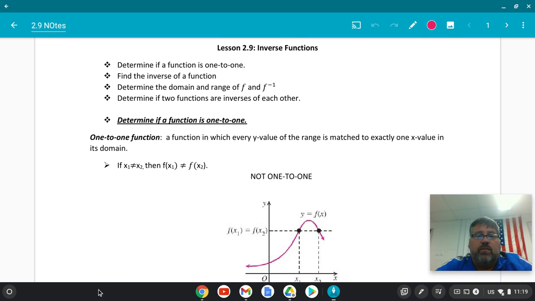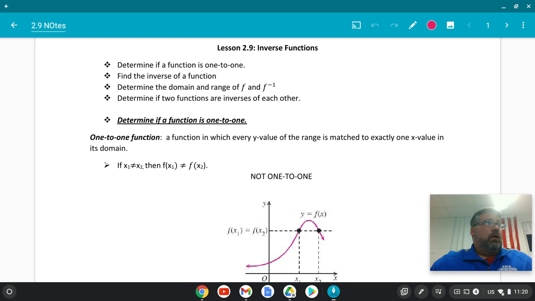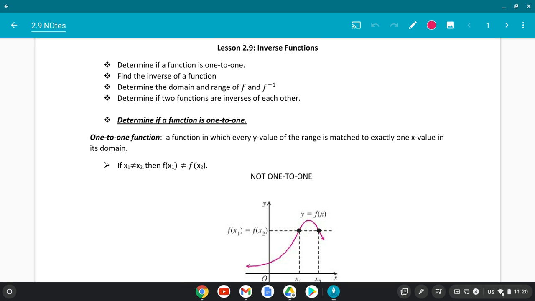All right, today we're going to talk about section 2.9, inverse functions. If you'll get your notes out, we can get started. All right, let's go to work. First of all,